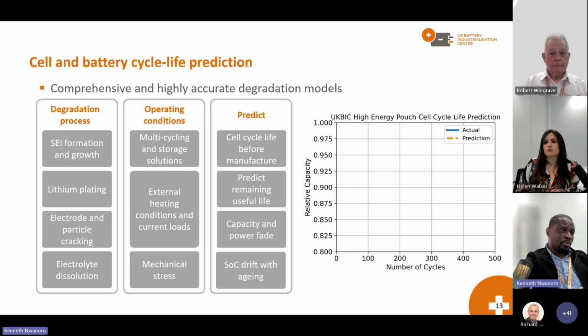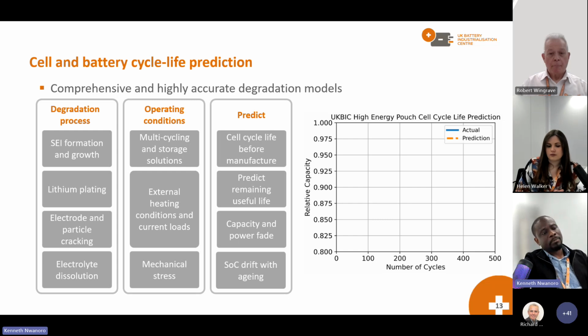We have the capability to model that, and we can do these simulations under multiple operating conditions. So we can look at multiple drive cycles at different temperatures. We can look at particle cracking and electrode cracking. This involves coupling mechanical stresses into our model. What we can predict ranges from the cell cycle life even before they are manufactured, even before you do the first mix. We can tell you how long these cells are going to last if you cycle them